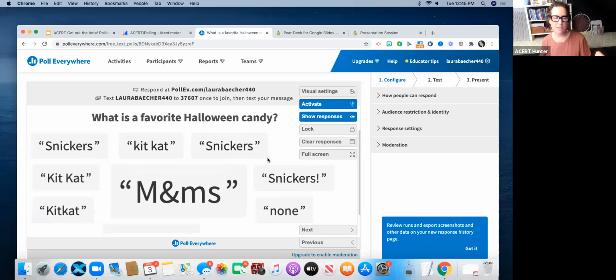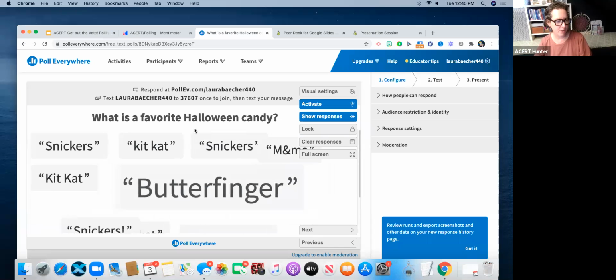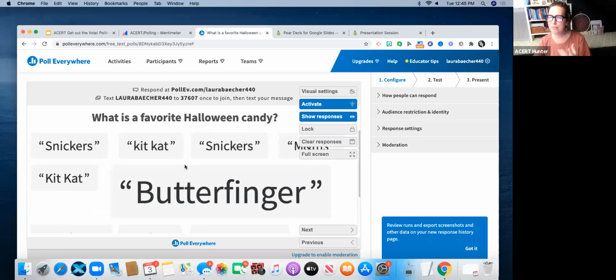You notice this is not a word cloud, so I'm seeing the same things repeating. So in some cases, a word cloud is better and neater because as a lot of people are saying the same things, it'll just be that one word. Snickers. Okay, I'm with you, Snickers people. Butterfinger, those are great when you want to break a cap that you've just had recently put in your mouth. Those are really good. Okay,